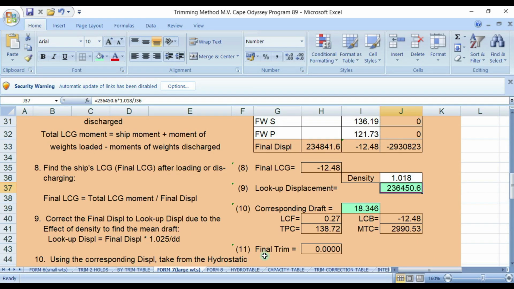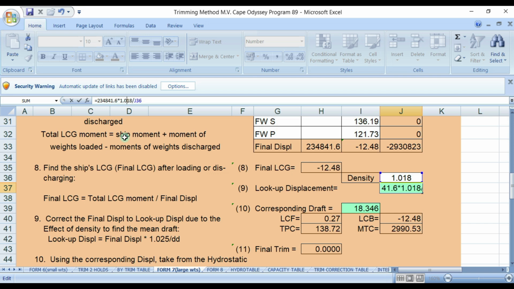Okay, so it says here the displacement. This is the displacement, so we'll just copy this one: 23484.16.